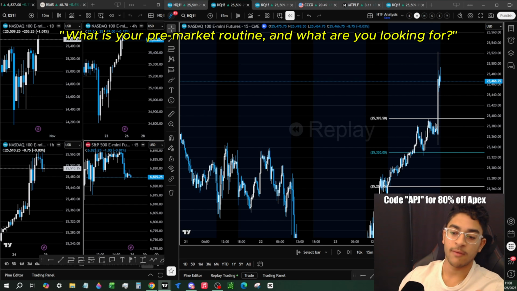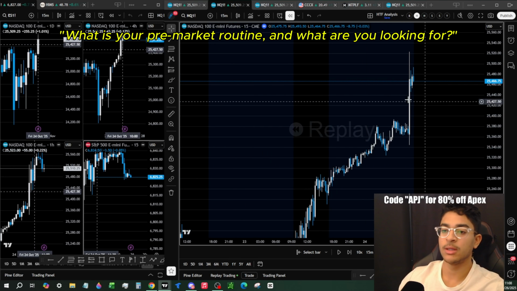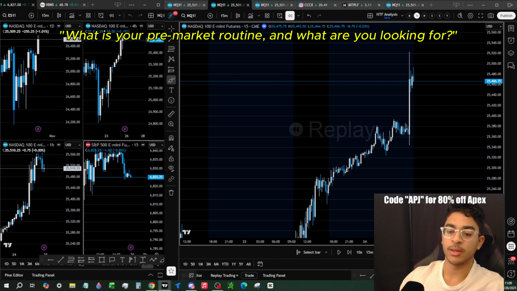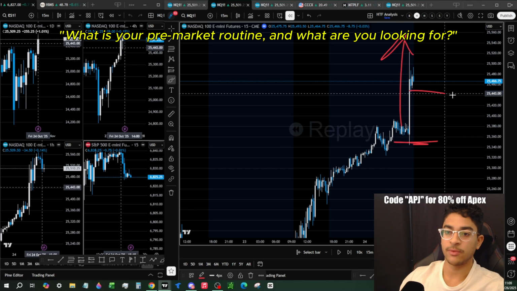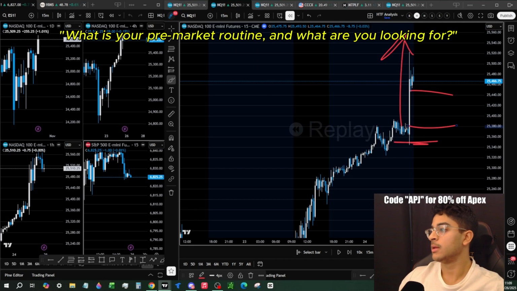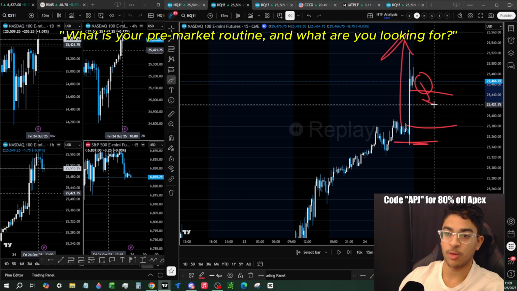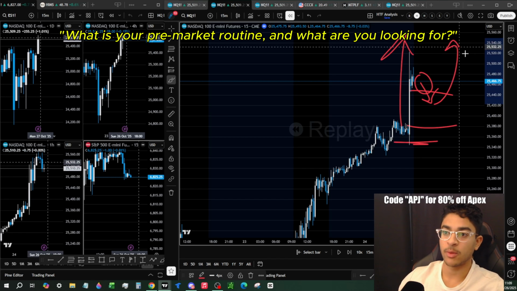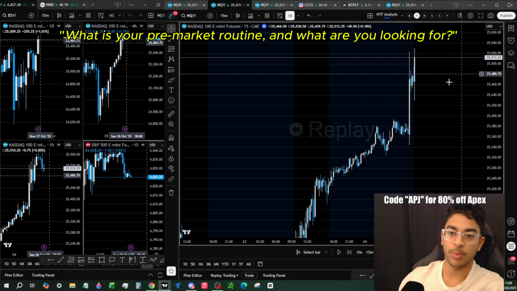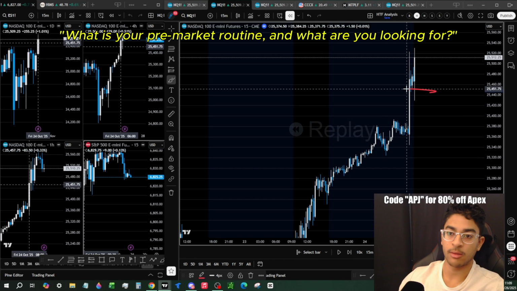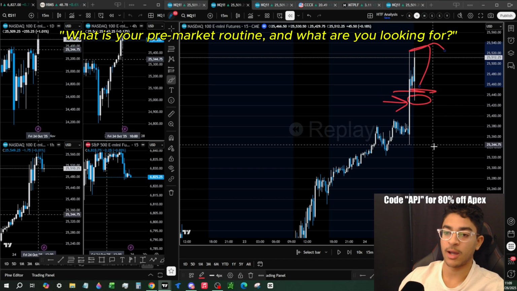Obviously, Friday was a bit unique because we had CPI. So that greatly boosted overnight action. But even then, I still journal that CPI sent price higher. We still have data low intact. We formed a fresh 15-minute fair value gap. So on Friday, I did say, I want to see this fresh 15-minute fair value gap tapped at the open and then a reaction. And from there, we might continue higher. And then if we look at what happened, we opened and that played out exactly like we expected it to, right? We tapped that fresh 15-minute and price moved up higher, creating a new high of day.